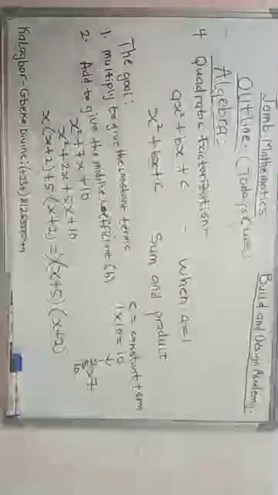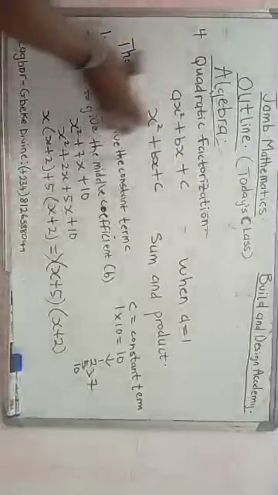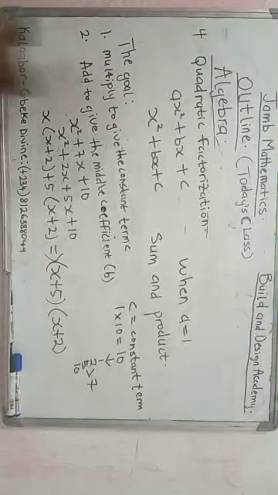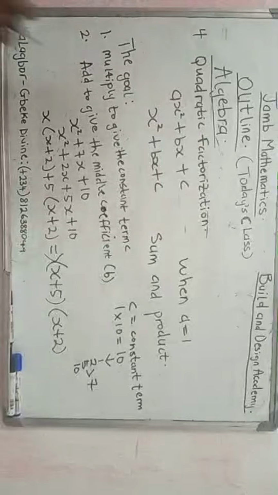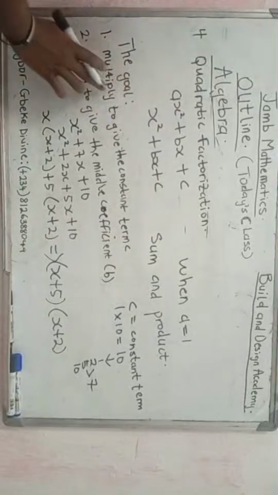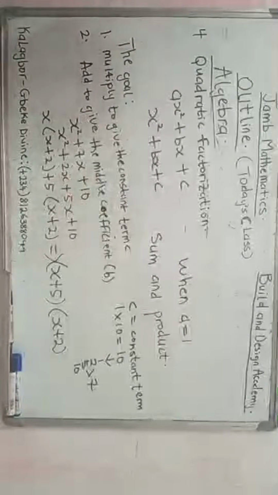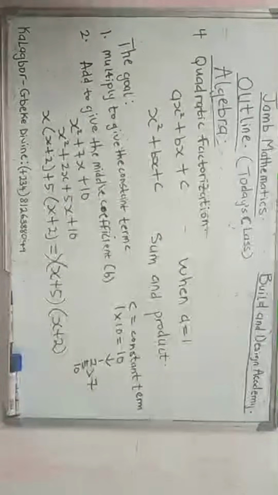2. So this is how we factorize using quadratic factorization. Very simple. These are the steps. These are the goals. 1, multiply to get the constant term. So next up, we'll be moving forward. We'll be looking at